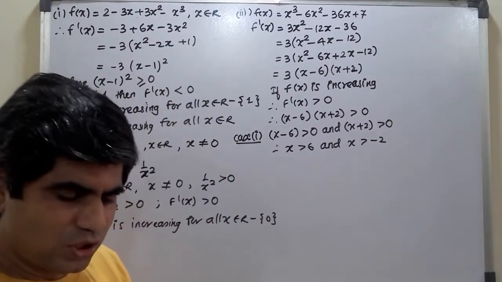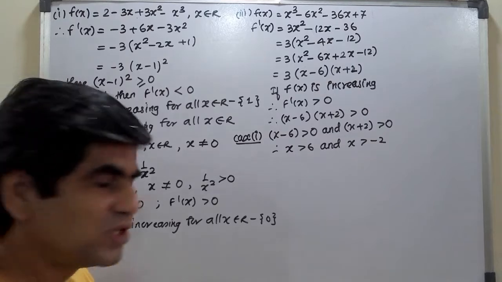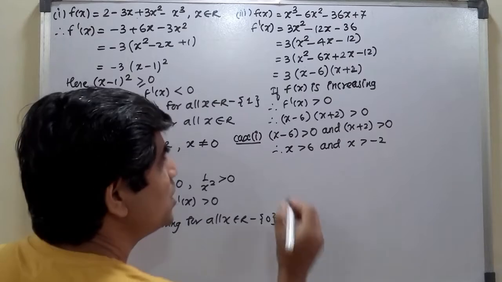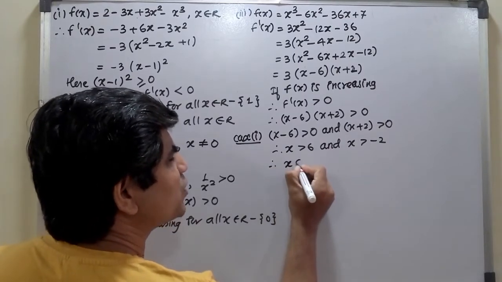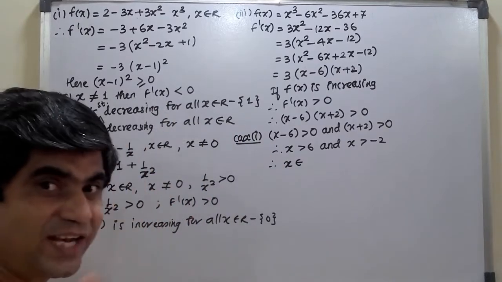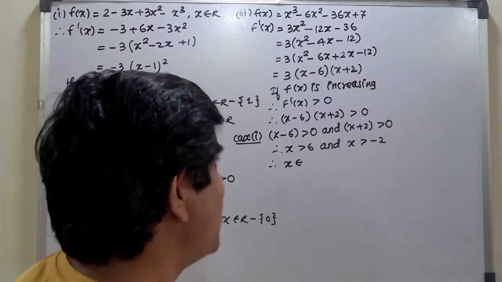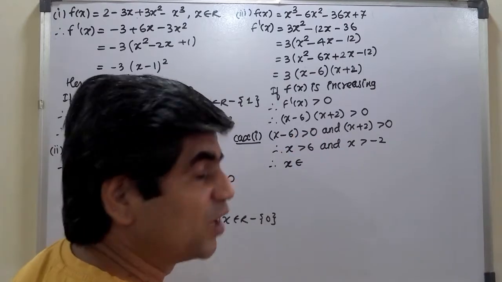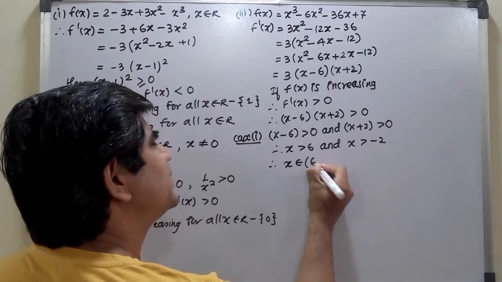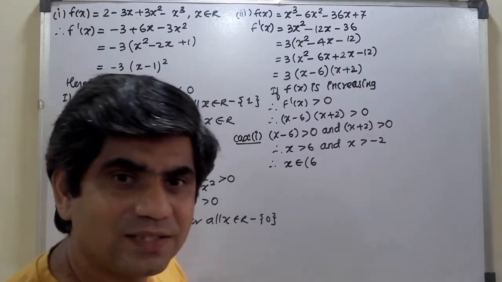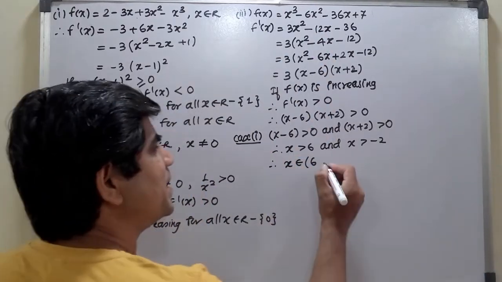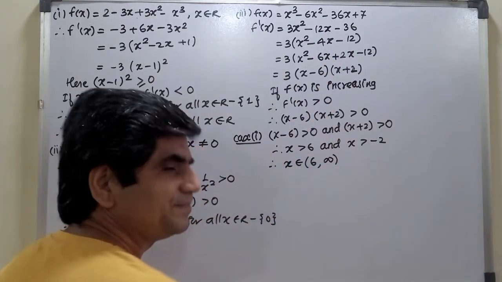Right? So when I see this, see now this thing very carefully. Therefore your x will belong to the first one. Greater than 6 means 6 is not included. So think like Samir sir, what he thinks. 6 not included, that means it must be open. And it must go up to what? No end. All the numbers greater than 6. That means it must go up to infinity.